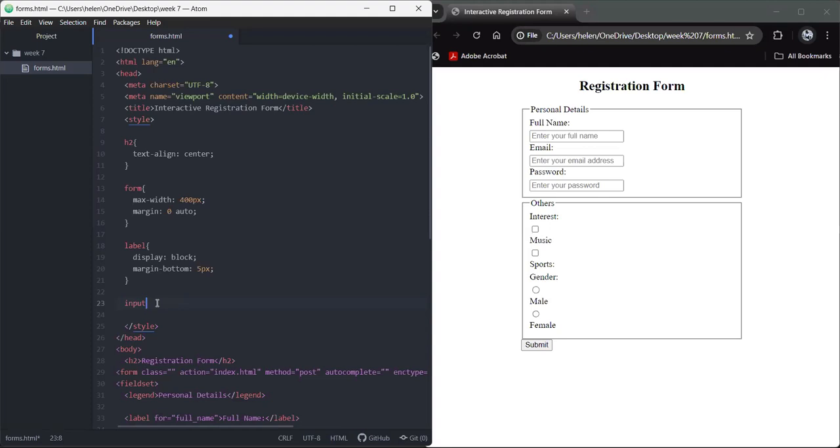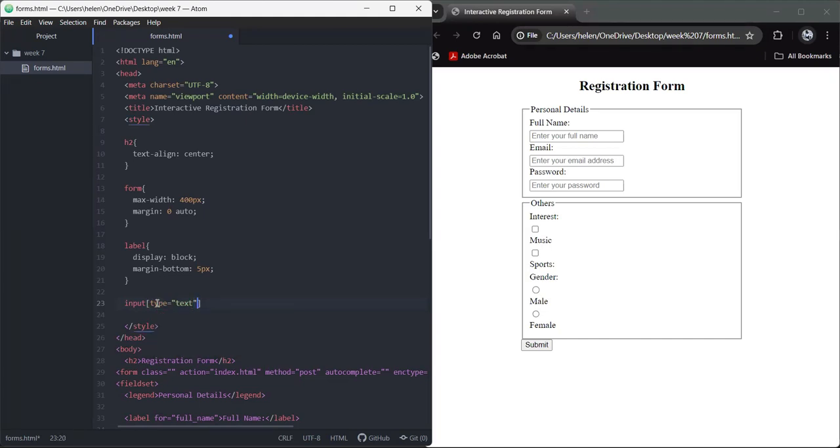Now, to do this, we use the name input, and then in the square brackets we specify the type. So here I'm going to say that the type I want to style equal to, in a pair of quotes, I want to apply style to the text type,